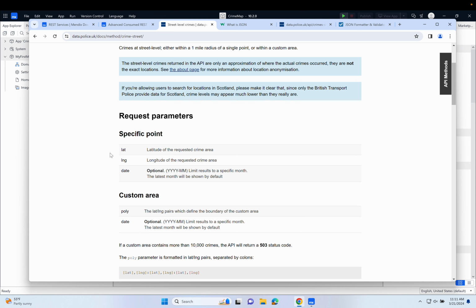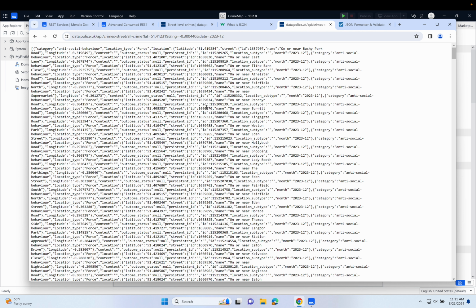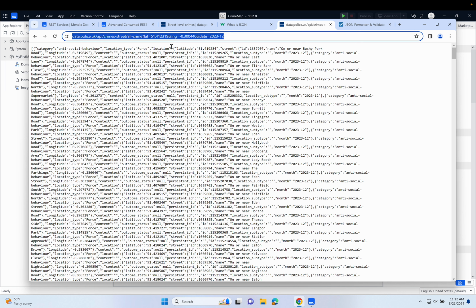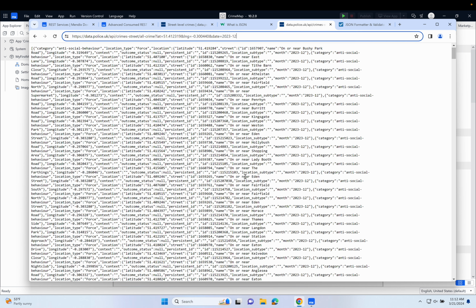And when you run that feed, you'll get something that looks like this. You can just type it into a browser and it will return a JSON feed, which the browser simply displays. Look up at the URL and you can see, buried inside it, the latitude, the longitude, and the date of the crime data that's being shared with us. You can see that's quite a long